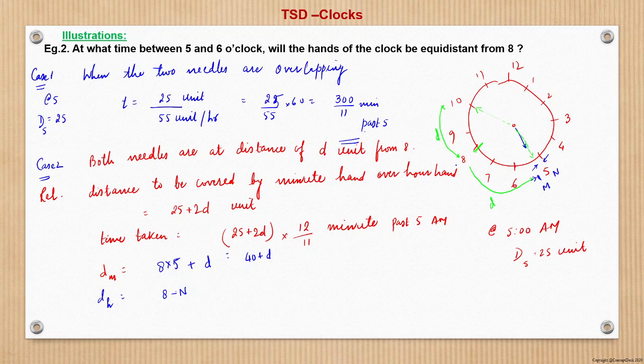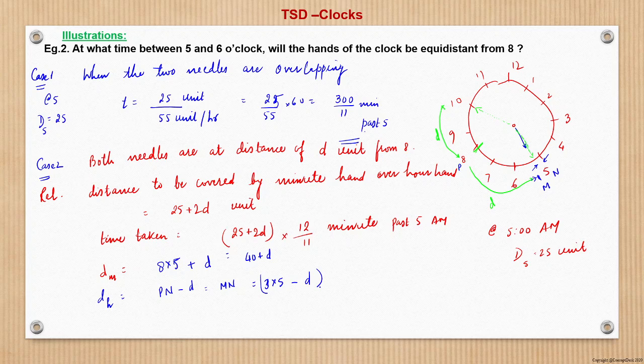Let this be given as some point p. So this is nothing but pn minus d, right? And that is what is mn, and mn is the distance which it has covered. So what is Pn? Pn is 8 to 7 to 6 to 5. So that is basically 3 hours. So 3 hours means in terms of units it will be 15, right? 3 into 5 units minus d.